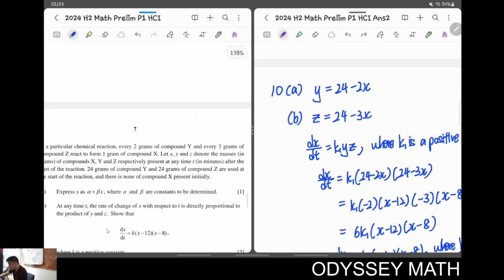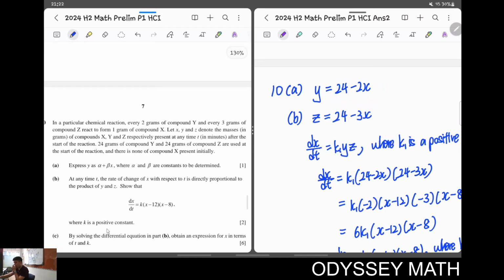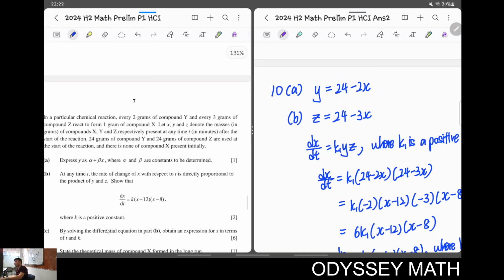Okay, so initially you have 24 grams of compound Y. Every 1 gram of compound X would require 2 grams of compound Y. So 24 initially minus 2X. Understand? Now, part B. At any time t, the rate of change of X with respect to t is directly